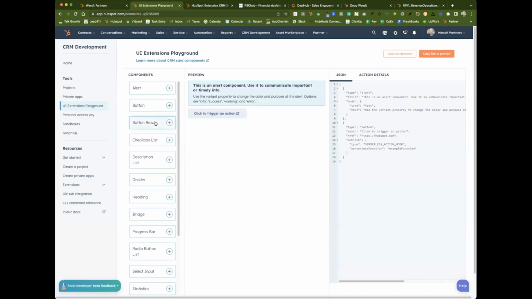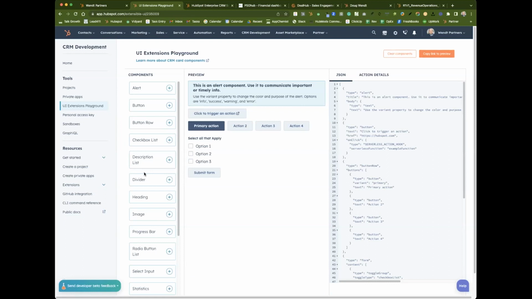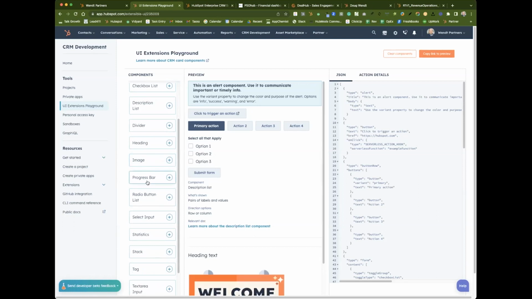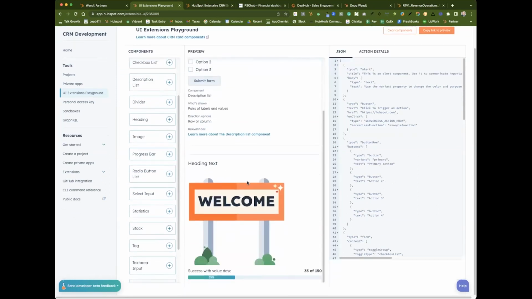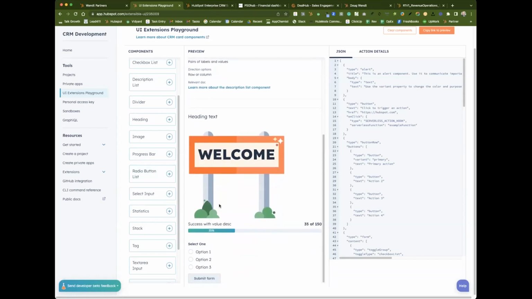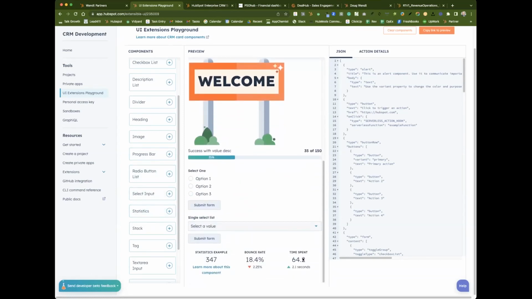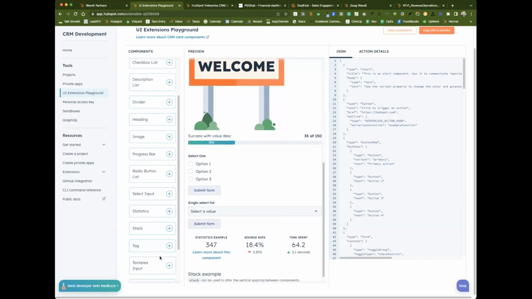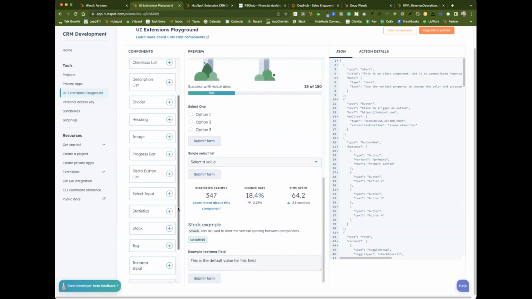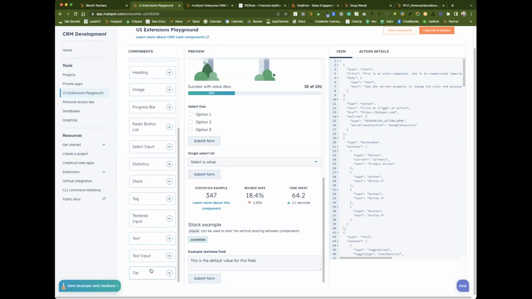You can provide buttons, rows of buttons for multiple actions, checkboxes, description lists, dividers. We've got heading capability in here. You can drop in images, progress bars, radio button lists, selection inputs, statistics, stacks, tags, and a text input area, as well as a tile.